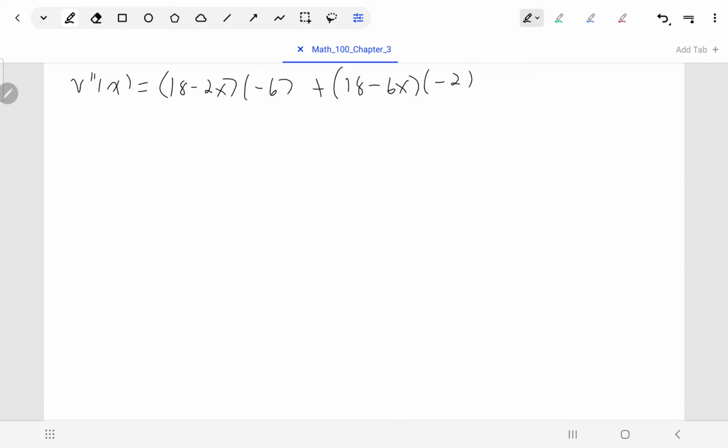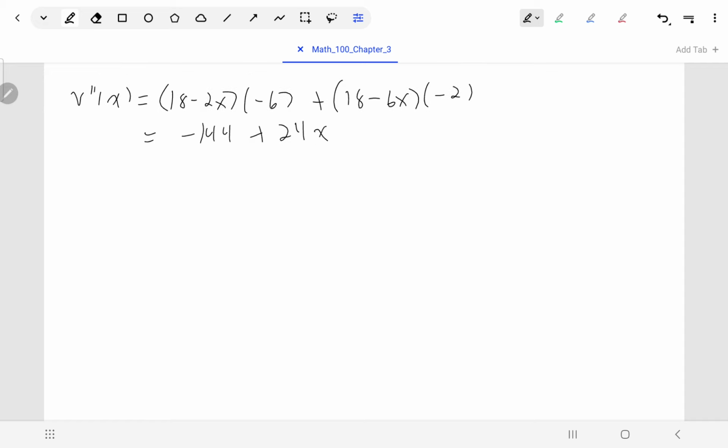And then if I were to expand this and clean it up, I get negative 144 plus 24x. And if we wanted to look at what our concavity is like at 3, at our critical number, it turns out to be negative 144 plus 24 times 3, which gives me negative 72. So it looks like we are concave down. That means we have a relative maximum